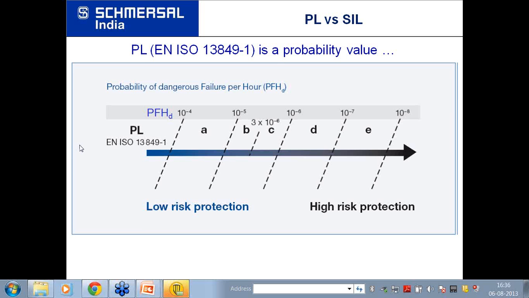Mr. Agam Kumar has asked what level of automation should be done in the steel industry. Sir, actually speaking, I cannot comment on this because this is a very, very broad question. If you ask me what level of safety, it all depends on the risk involved. Your furnace shop will have a different level of safety requirement. Your coke oven shop will have a different level of safety requirement. Your packing area or wherever you store your metal will have a different level of safety requirement. It all depends on the risk assessment. So you have to carry out a risk assessment, then only we can understand what kind of safety has to be implemented. This is for Mr. Agam Kumar.